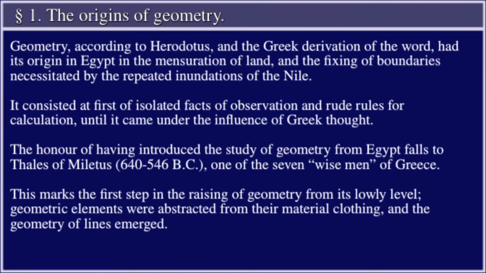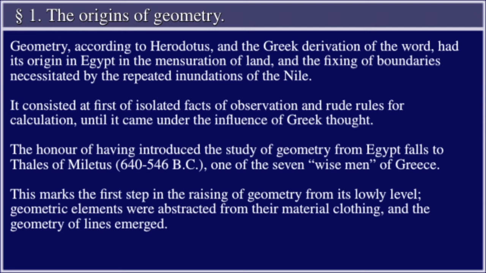Geometry, according to Herodotus, and the Greek derivation of the word, had its origin in Egypt in the mensuration of land, and the fixing of boundaries necessitated by the repeated inundations of the Nile. It consisted at first of isolated facts of observation and rude rules of calculation, until it came under the influence